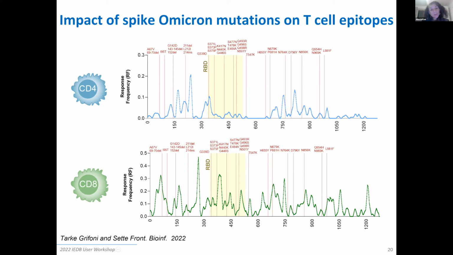And that is actually also the reason why, at the general population level, the T-cell response is still there to help you out, while you can still have, in some specific cases at the individual level, some mutation on the Omicron that may impact some of the T-cell epitopes. And so